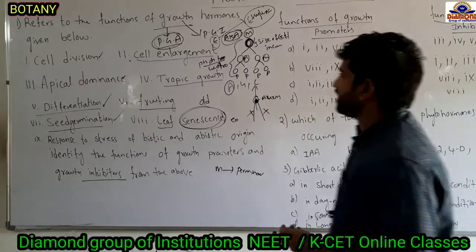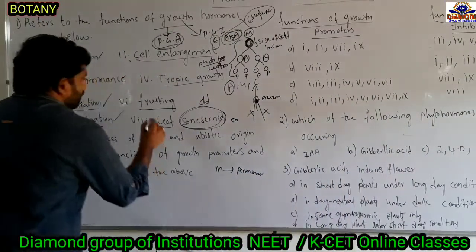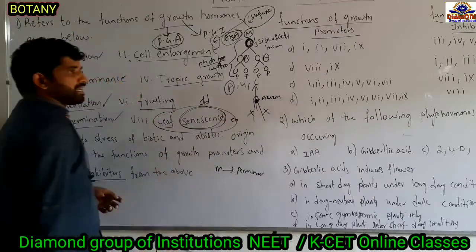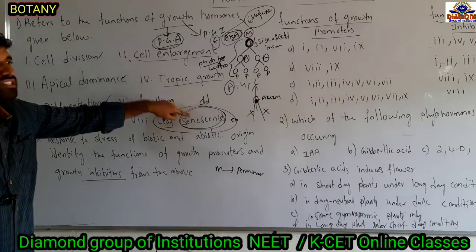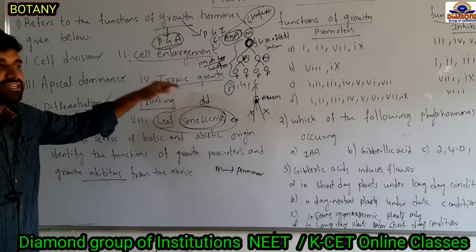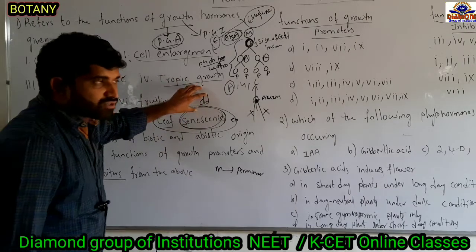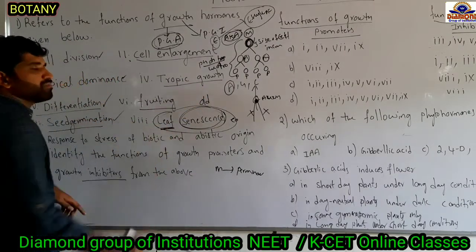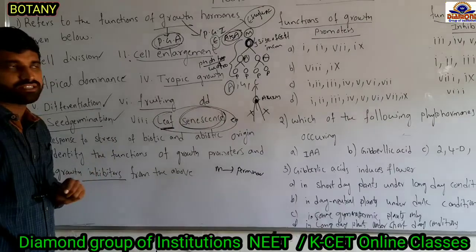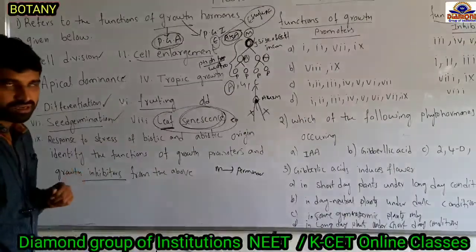Out of the given options, 9, leaf senescence, is a character of a plant growth inhibitor, because abscisic acid can induce senescence. The early senescence stage will be induced in the plant organs. That organ is the leaf. The leaves will enter the early senescence or old age stage before completing their function normally.